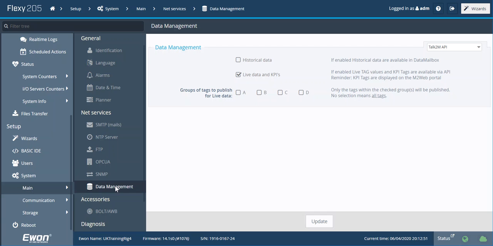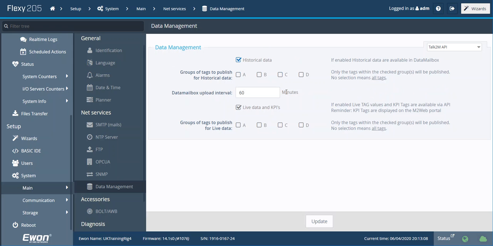And then the data management section. The data management allows us to pass data out from the Flexy to the Talk2M cloud and store it there temporarily or push through live data. So two options here. We can store our historical data temporarily up in the cloud, and this is done on a scheduled update. So once an hour in this setting, all the data will be passed up to the data mailbox in the Talk2M cloud, and then it can be pulled from that data mailbox to applications elsewhere on the